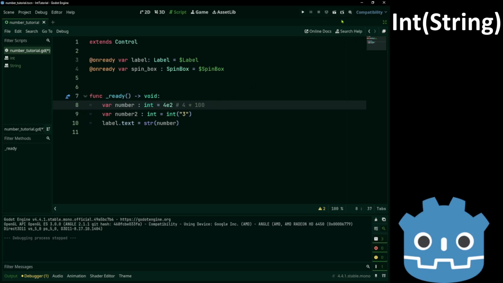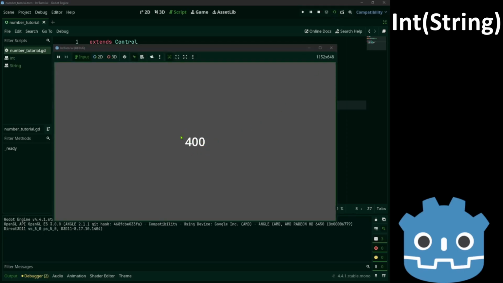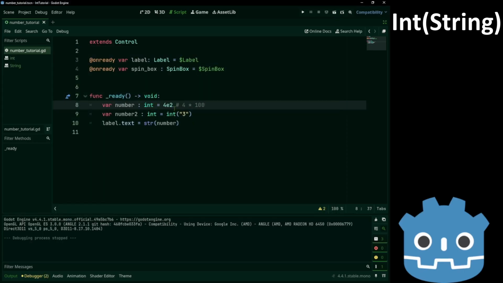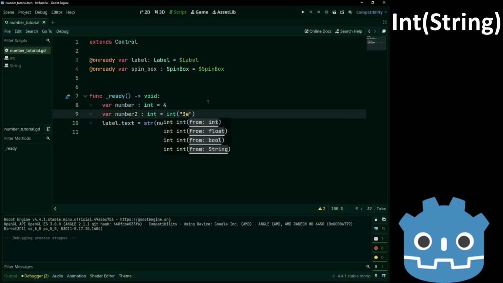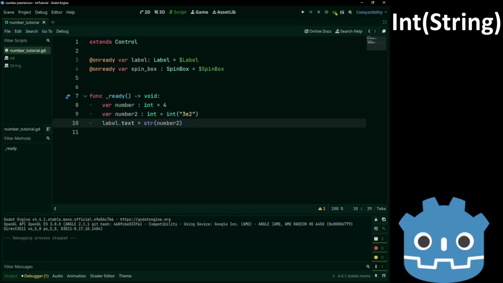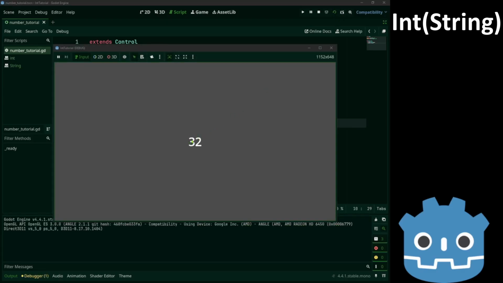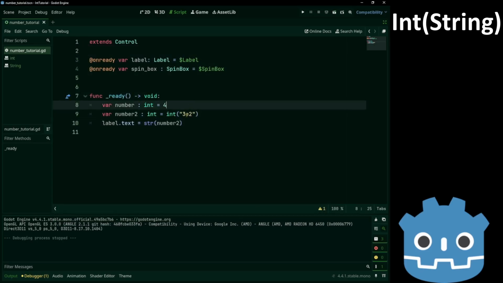Or 4 times 100, so we get 400. So we want this number to be 300. However, we get 32. That's because the constructor ignores all letters.